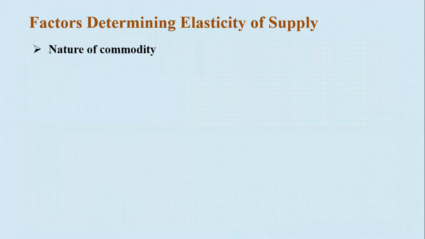सबसे पहले तो nature of the commodity. Nature of the commodity depends on कि वो किस तरह का good है, whether it is perishable in nature, whether it is durable in nature, whether it is normal good, whether it is luxury good. ठीक है, हर एक की इलास्टिसिटी डिफरेंट होती है। जैसे फॉर एग्जांपल पेरिशेबल गुड्स की इलास्टिसिटी परफेक्टली इनइलास्टिक होती है, ड्यूरेबल गुड्स की इलास्टिसिटी परफेक्टली इलास्टिक होती है। ड्यूरेबल इसलिए कि बहुत लंबे टाइम पीरियड के लिए आप उसे सेव करके रख सकते हैं और बेच सकते हैं, ऐसा नहीं है कि वो एक्सपायर हो जाएगा। अगर एक्सपायर होने वाली जो चीज़ होती है, तो आपने देखा होगा कि सेलर जिस पर्टिकुलर कमोडिटी की एक्सपायरी करीब हो रही होती है, उसको जल्दी जल्दी सेल करने की कोशिश करता है।